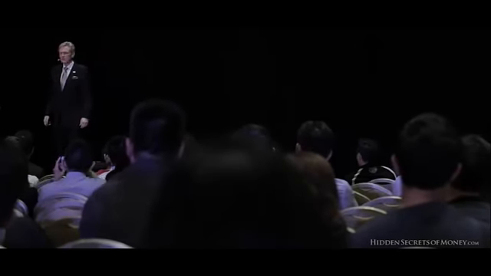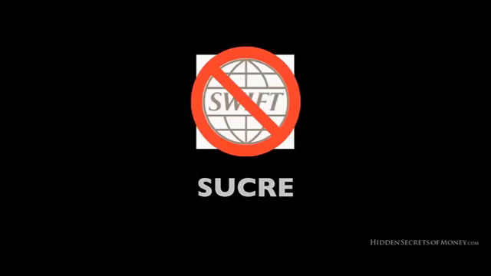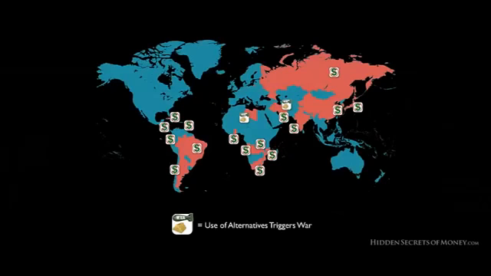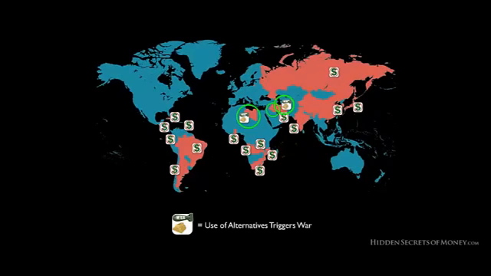But there's countries right now coming up with a replacement for SWIFT, and it doesn't use the dollar. It's the Sukra system. And Iraq started selling oil for euros. In Libya, they were talking about creating the gold dinar and selling oil for gold. So those are the countries that are trying to use something other than the dollar.